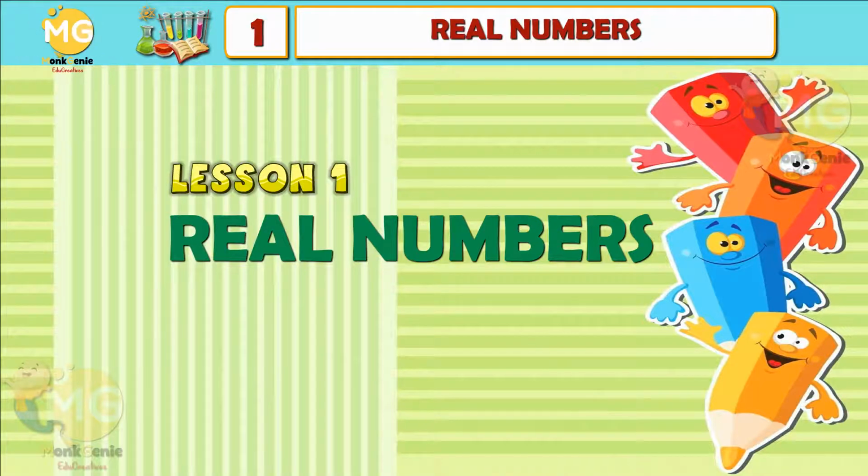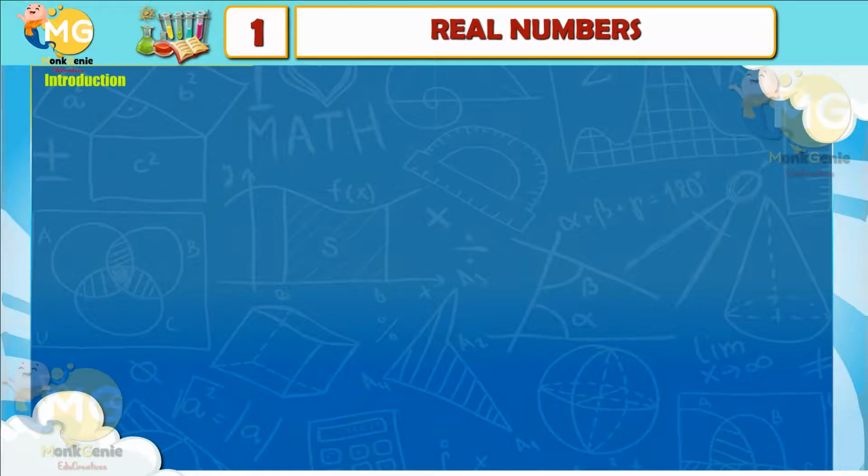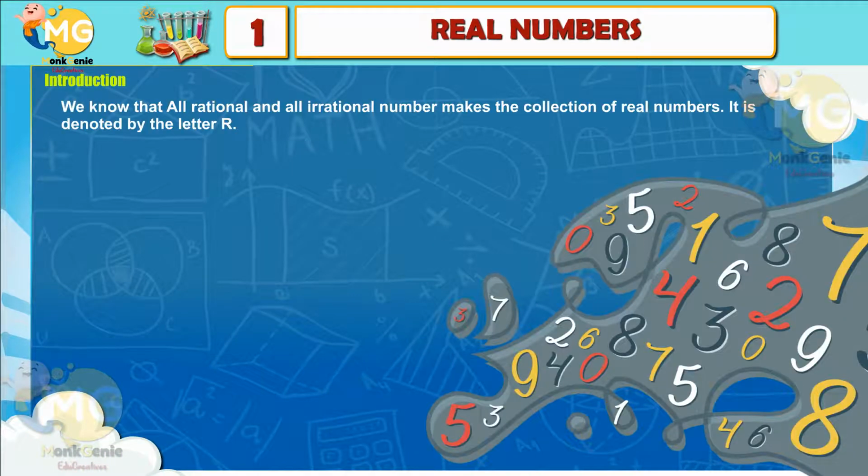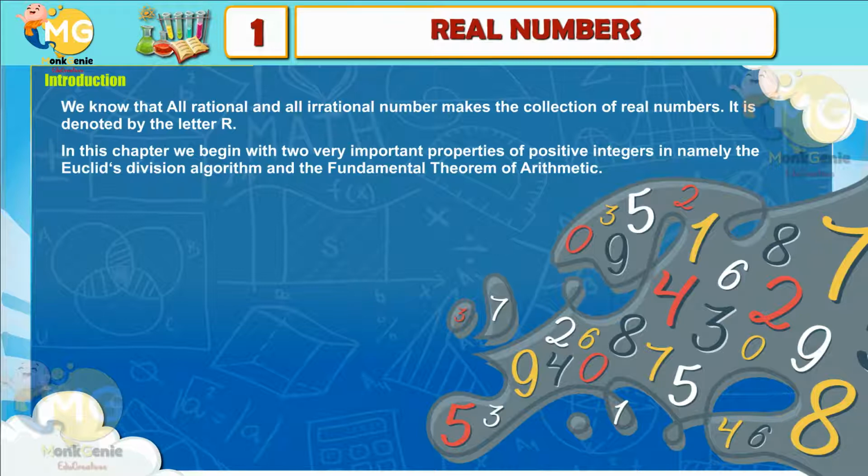Lesson 1. Real Numbers. Introduction. We know that all rational and all irrational numbers make the collection of real numbers. It is denoted by the letter R. In this chapter, we begin with two very important properties of positive integers, namely the Euclid's division algorithm and the